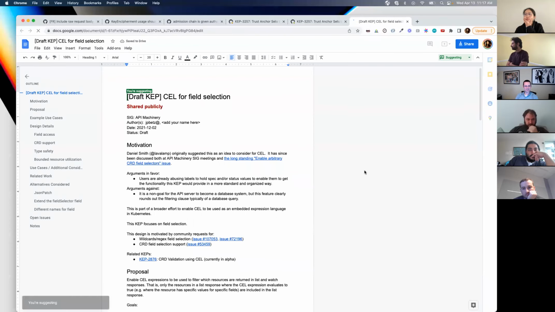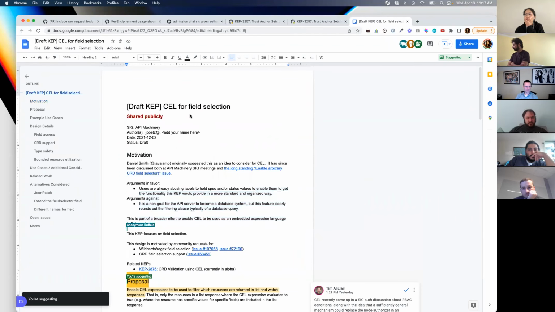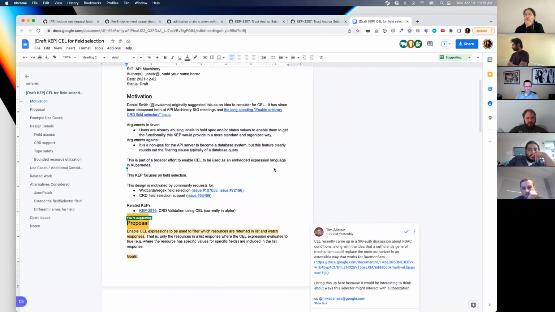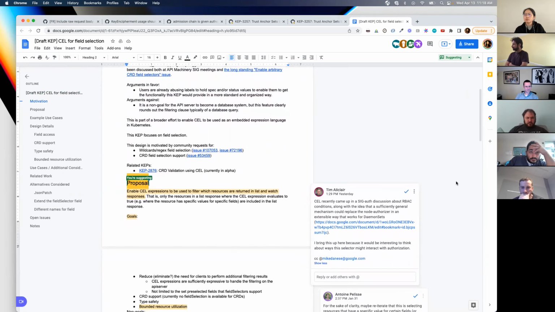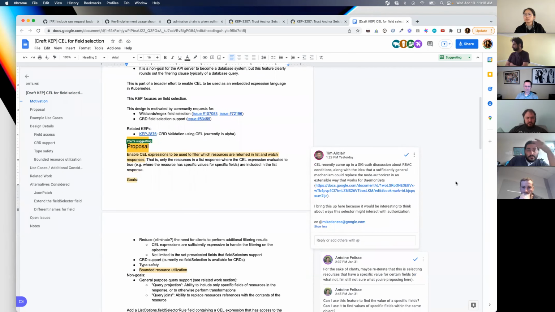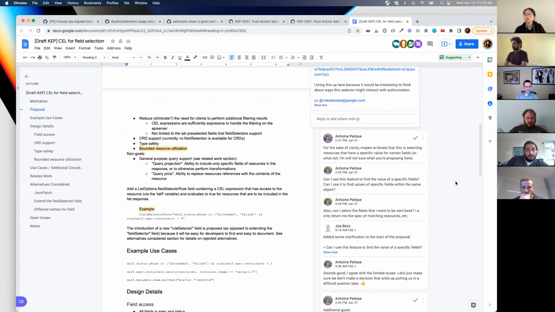Yeah, this was just since you mentioned RBAC on field names, kind of a document that Joe sent out earlier, and I just wanted to cross-link the discussion that we had at the last SIG Auth meeting about RBAC conditions and using CEL for that and node authorization. Didn't mean to derail the current discussion, but